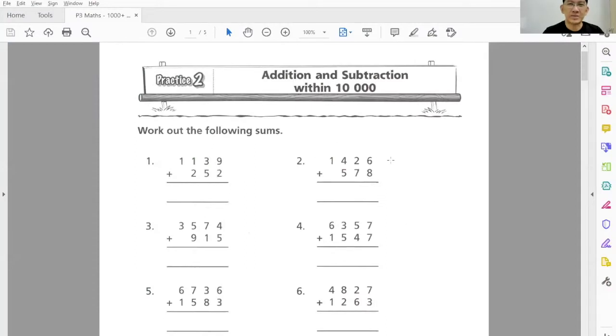Today, we are going to go through some questions about addition and subtraction within 10,000. So, boys and girls, let's get started. All right, now on the screen, you can see some questions and we are going to go through them one by one. Now, to begin with,